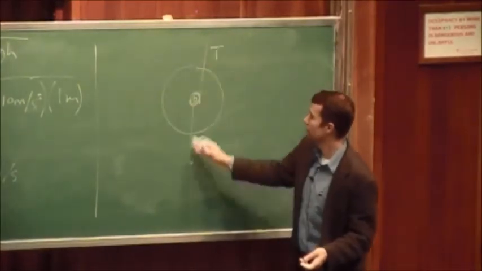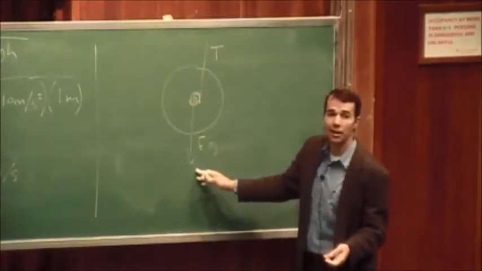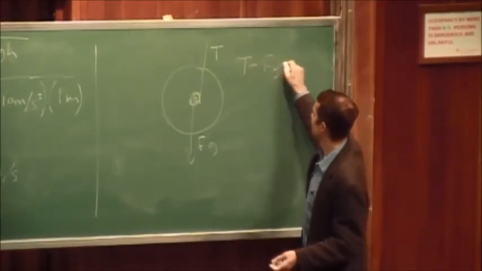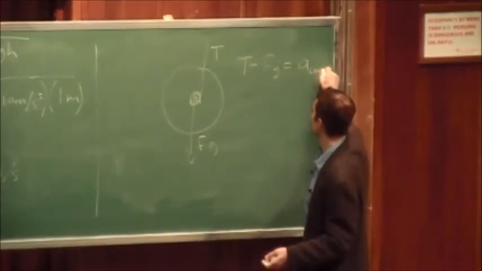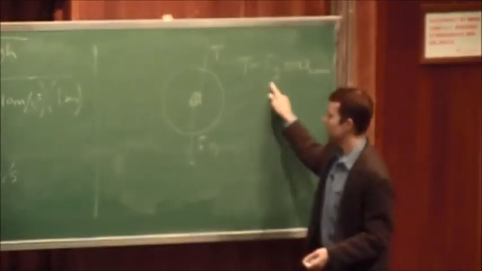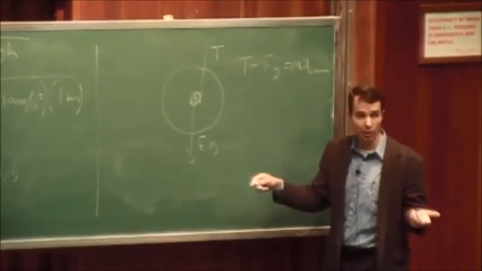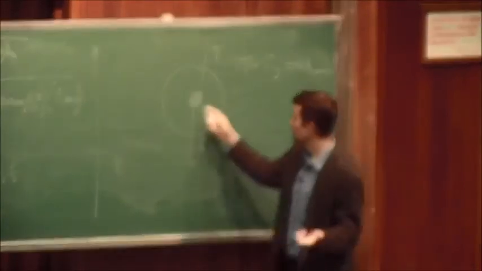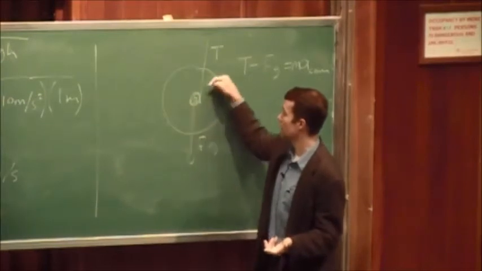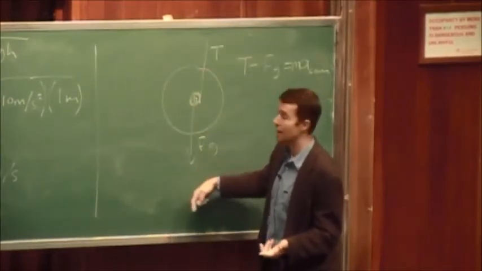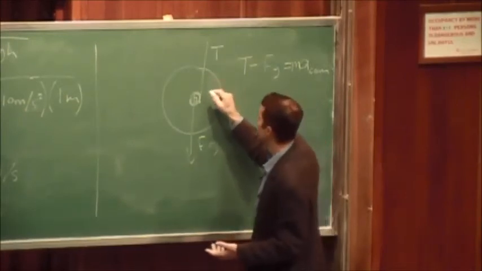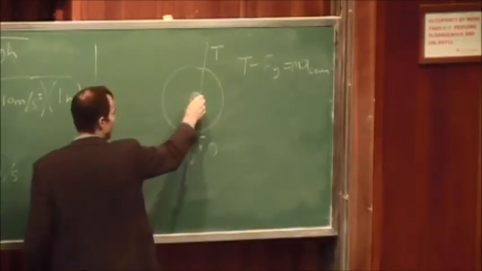So if I look at the sum of the forces in the y direction, I get T minus the force due to gravity is equal to M A center of mass. And then I also have a torque equation. The torque, in this particular case, alpha is going one way, and the A center of mass is going another way. But we have to be a little careful now,